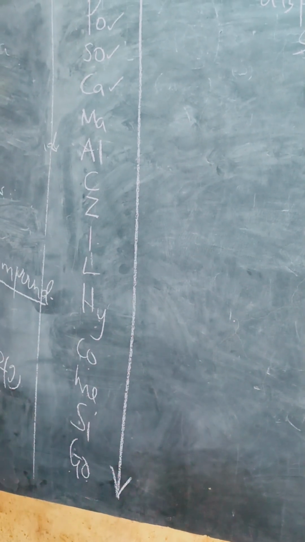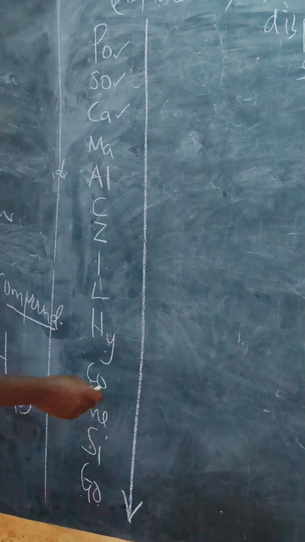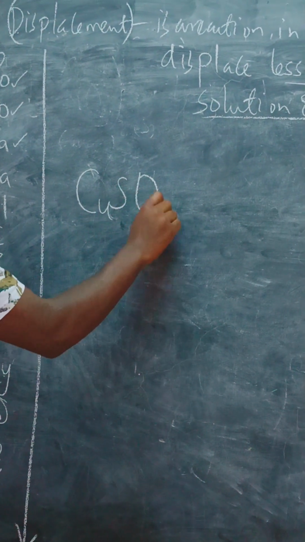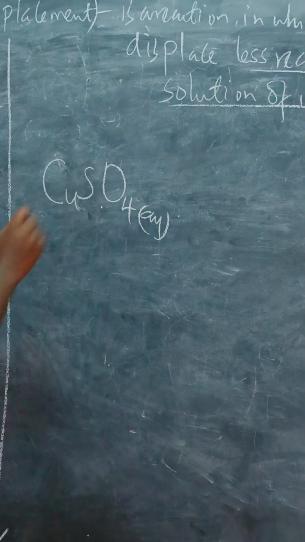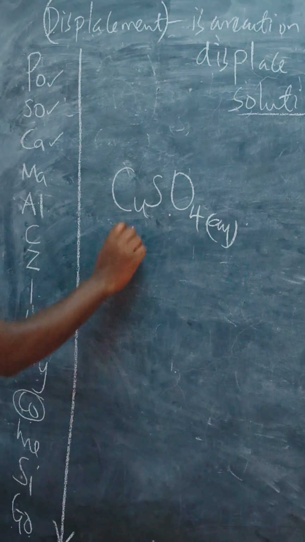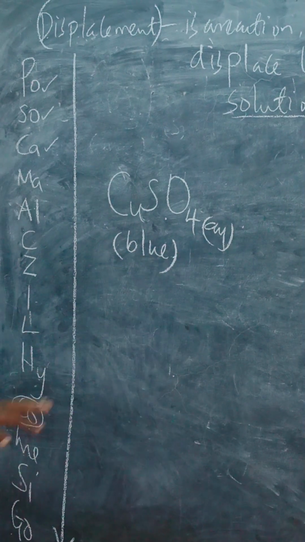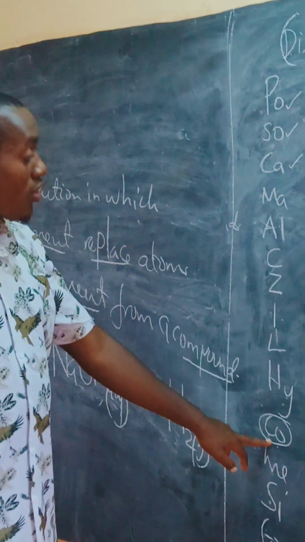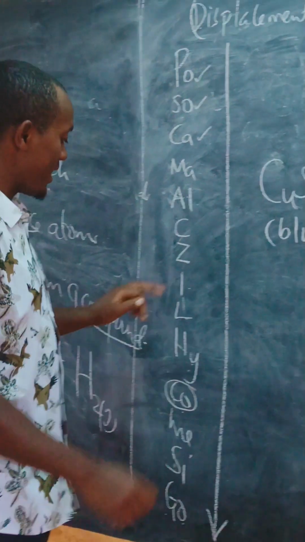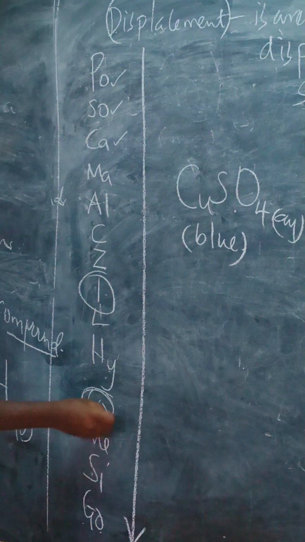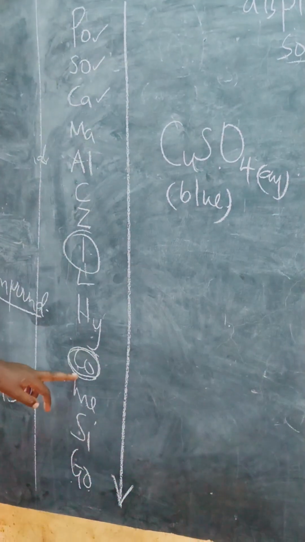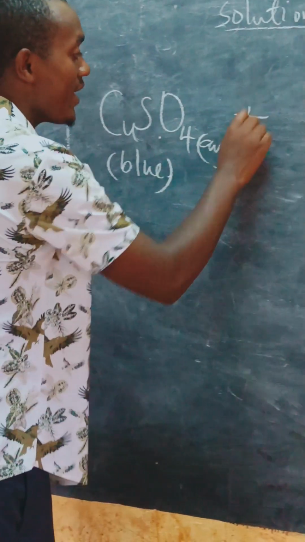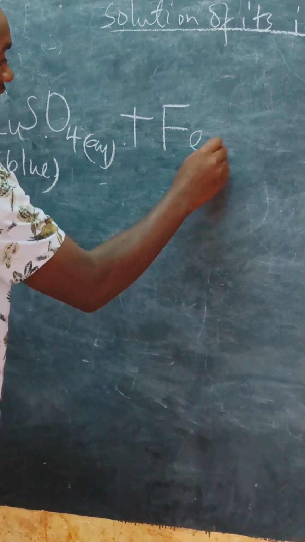For example, we have a solution of copper sulfate. Now, displacement reactant: copper sulfate, aqueous. Copper sulfate is a solution that is blue in color. You can see copper in the reactivity series. When you react it with iron, look at iron in the reactivity series. It means iron is more reactive than copper. Therefore, when you react it with iron, which is gray,